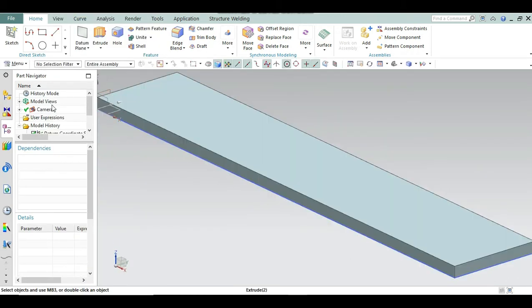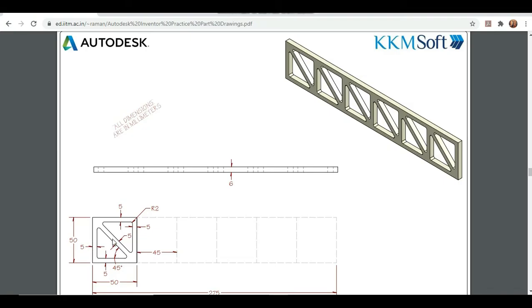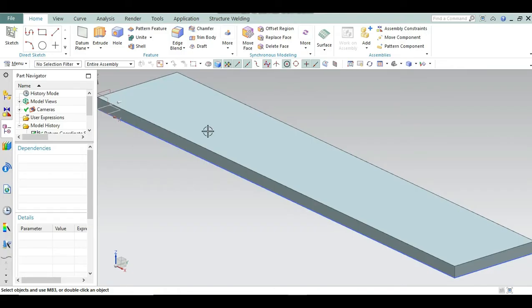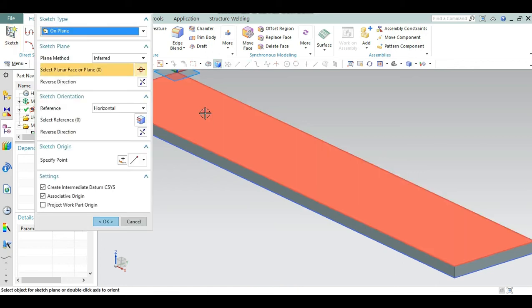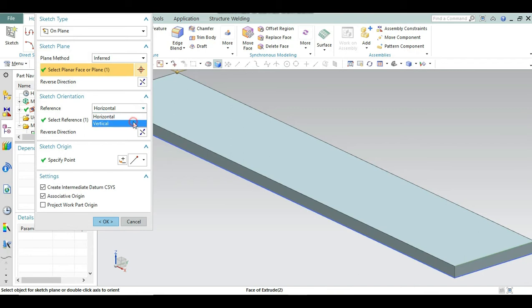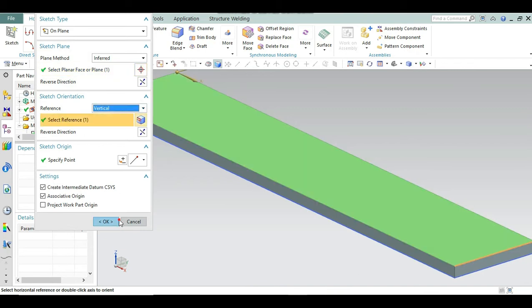Like this. Okay, so now we have to make this subtract. First we have to make these 2D designs of two boxes like this. So let's start, go back to NX. Now select the sketch again. Make sure to use the vertical. Now click OK.